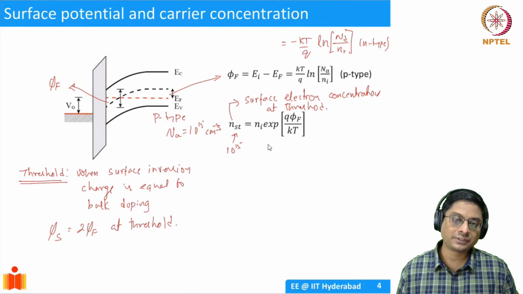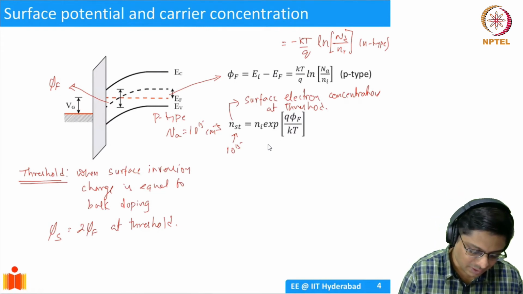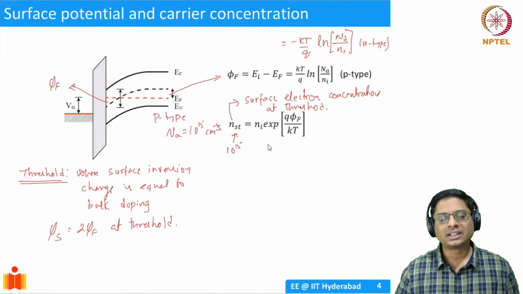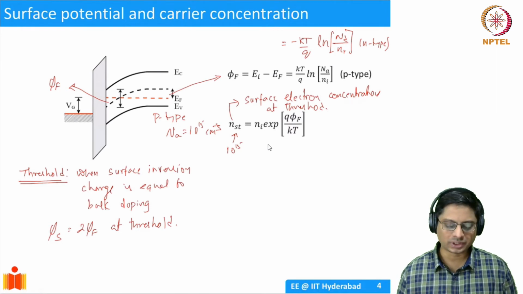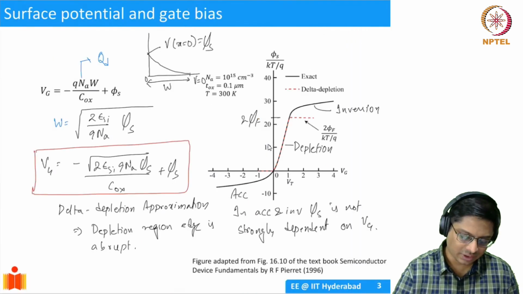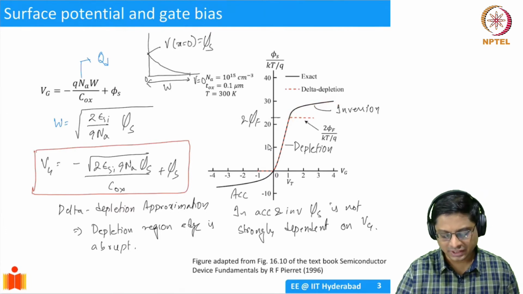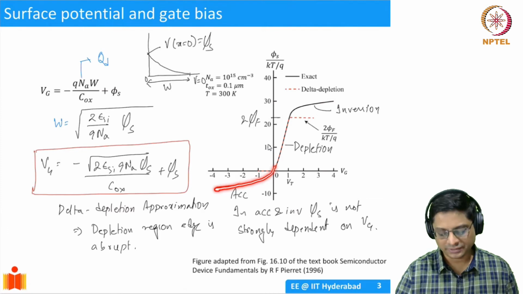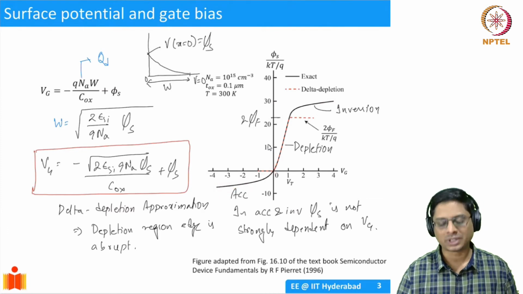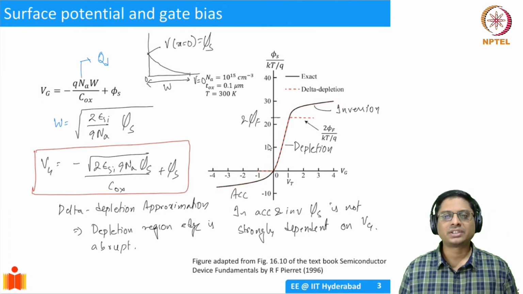Now what happens if you increase the gate voltage beyond that? If you increase gate voltage beyond that, we know that as the Fermi level approaches EC, it doesn't change so much. The movement in the Fermi level is going to be slower and slower. That's why, if you go to gate voltages higher than 2 phi f, you'll notice that it becomes a flatter response. Similarly, in accumulation also, after a point you don't really increase much. The Fermi level doesn't move that much. Okay, that's why we get this sort of S kind of curve.